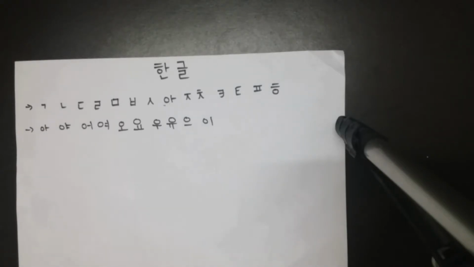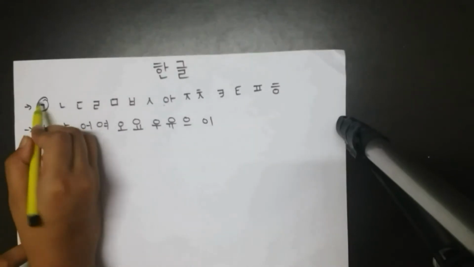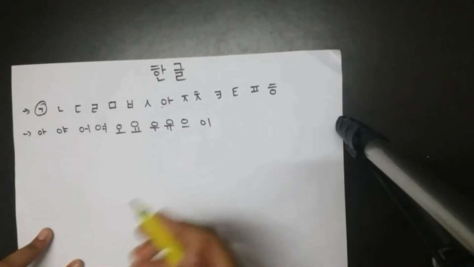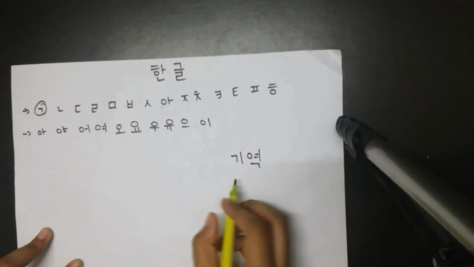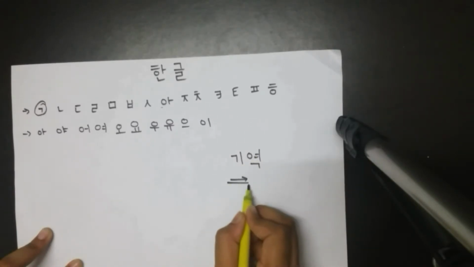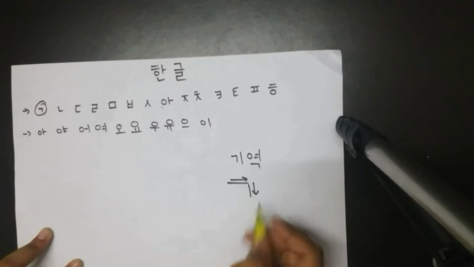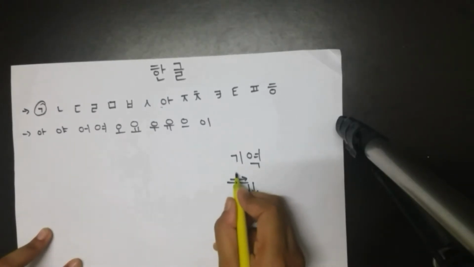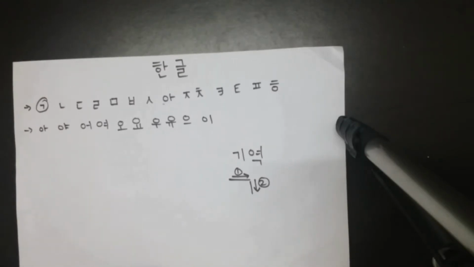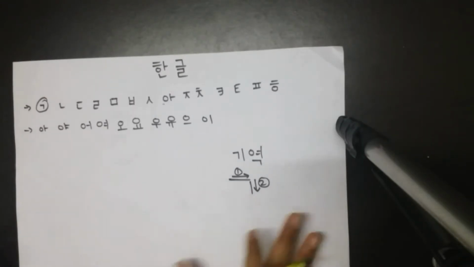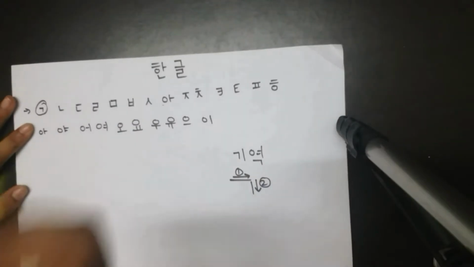the first consonant, which is this one, and this is called Kiyeok, and it's written like this. So it actually contains only 2 strokes, 1 and 2. It's actually pretty easy, and I would like to suggest that after watching the video, you can just practice